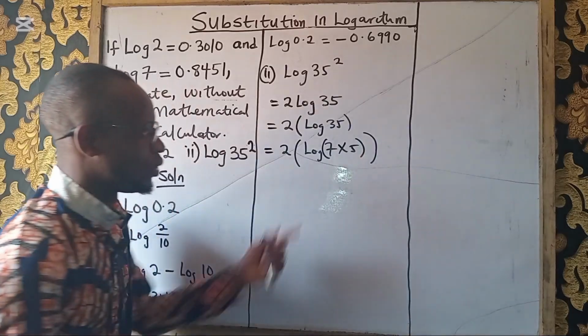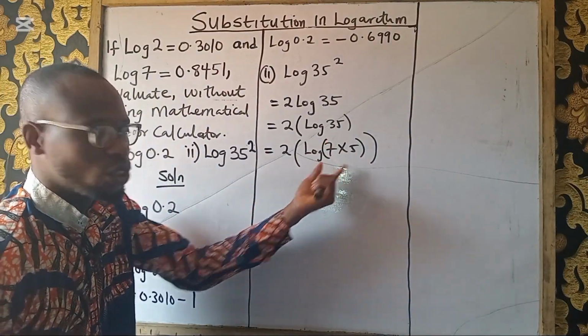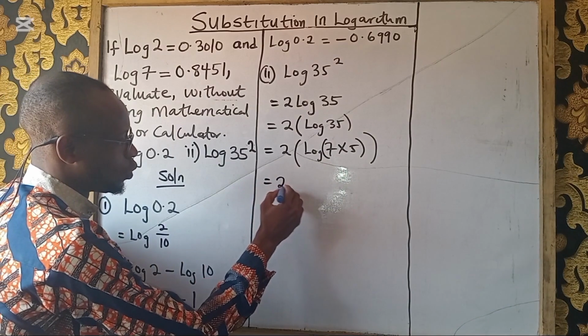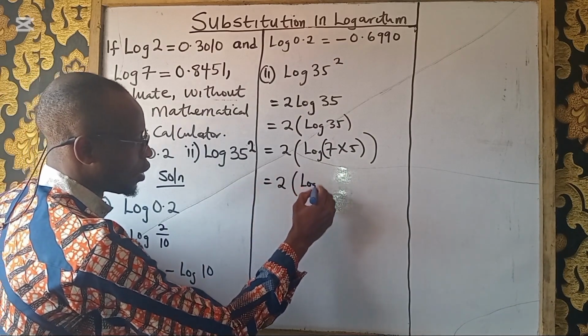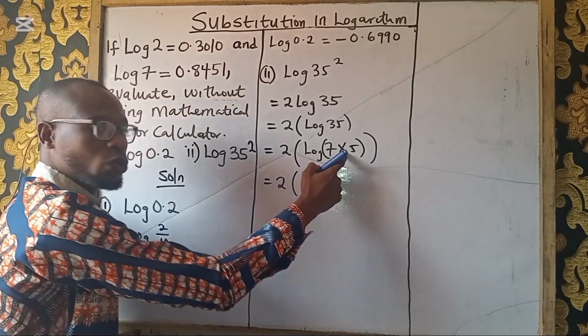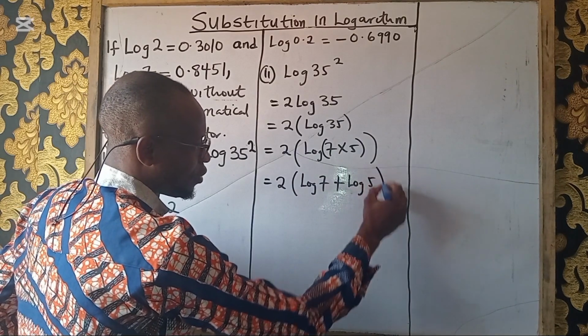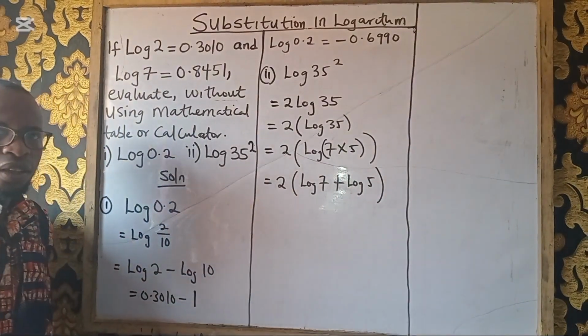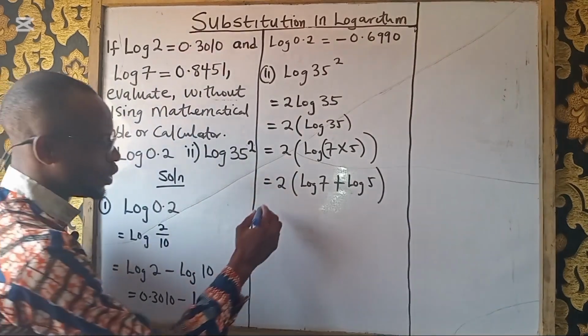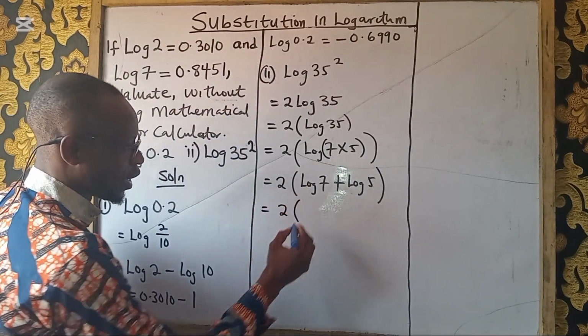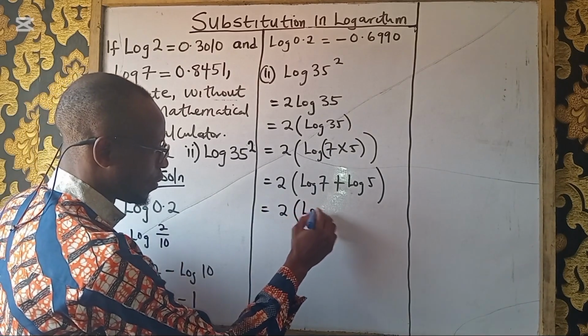This is what we have. 7 times 5 gives us that 35. So when you split this one, this is going to give you 2 bracket log 7. Don't forget multiplication changes to what? Addition, plus log 5. Are we together? Okay, so this is going to give us 2 bracket log 7, which is okay, but we